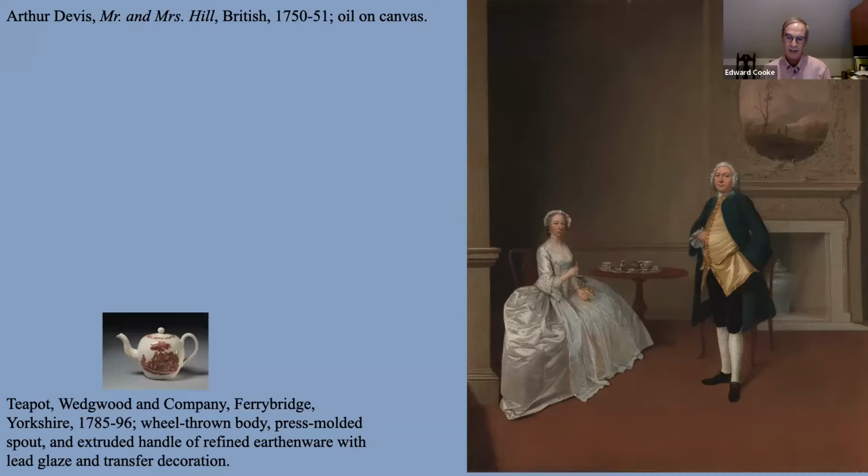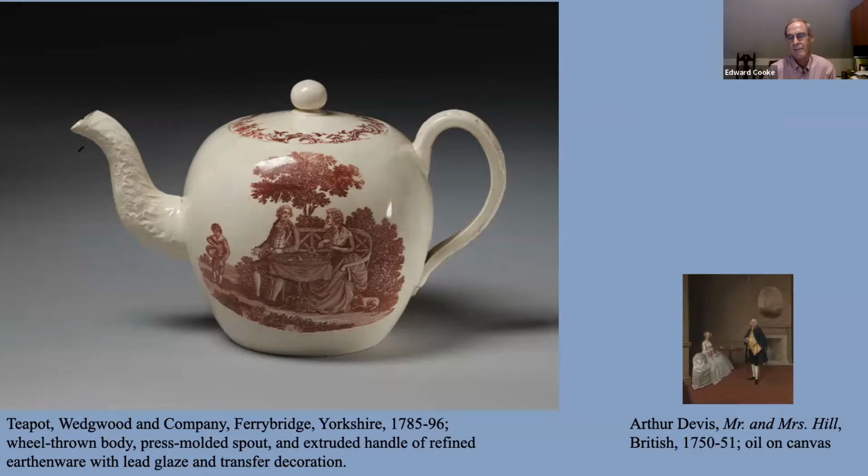But what I'd like to do is flip the script a little bit and say, let's look at the objects themselves as a primary piece of evidence, and not think of them in service to the painting, but maybe how the painting, which is restricted to a smaller audience, might actually be limited in comparison to an object like the Wedgwood teapot, which, after all, has all these other stories to it, not simply in the background presenting Mr. and Mrs. Hill as outstanding upper middle class landed gentry, but actually as consumers within the broader world of a